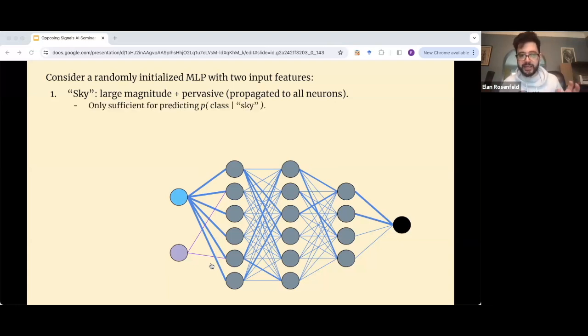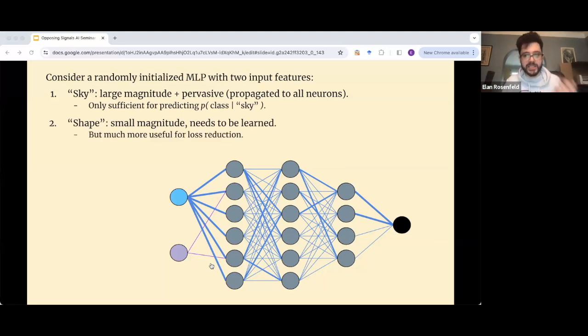On the other hand, this sky feature is not really helpful for determining class. It's really only good for predicting the class marginal, P of class given sky, and it's not helpful for much anything else. The other feature, in purple, is going to be the shape. This is very small magnitude. At random initialization, it may exist in some form, but it really needs to be learned and upweighted.